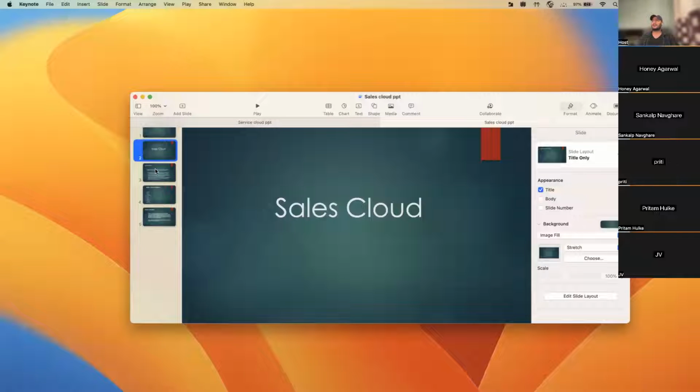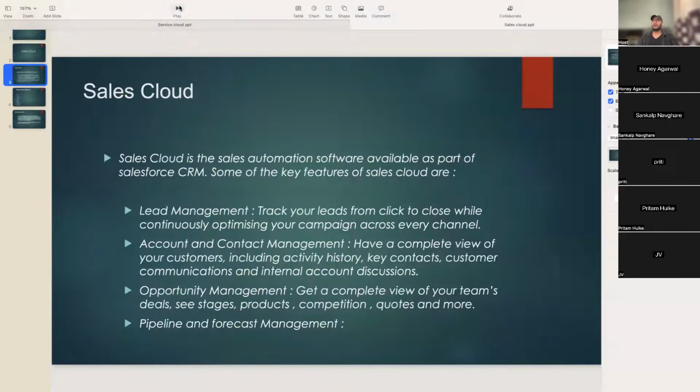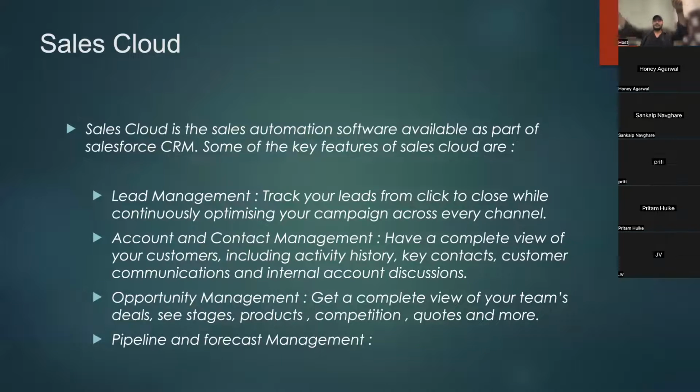Not much on the slide side, to be very frank, because it will mostly be on the screen. I'll be showing you what it is and what we'll be doing today. Okay, so